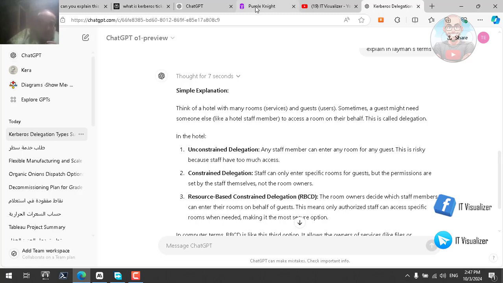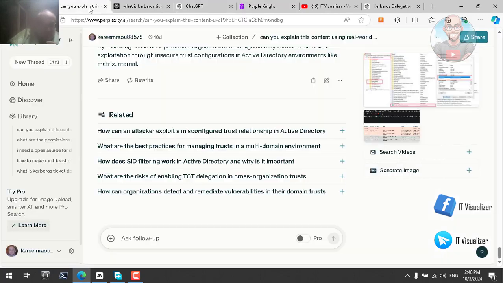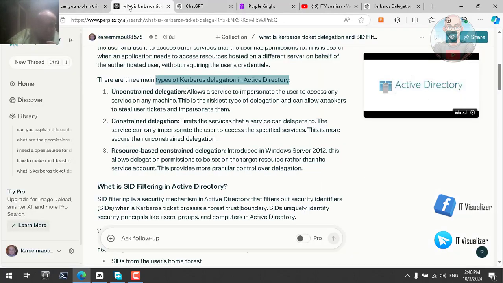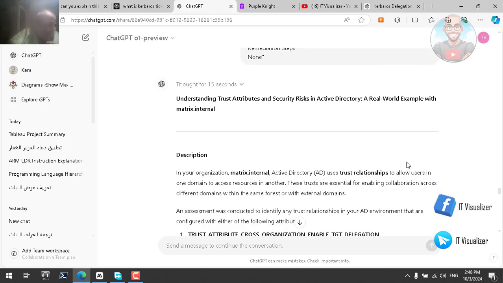Okay, so this is the test, and we can see now that this is the explanation of Perplexity. If we need to see the ChatGPT explanation concerning this topic, if we go there and try to read the answer,